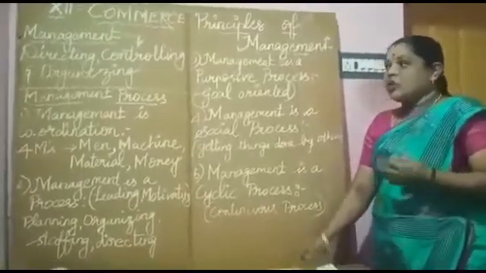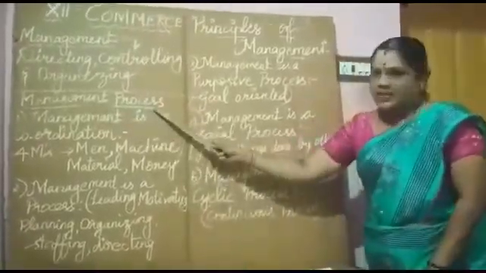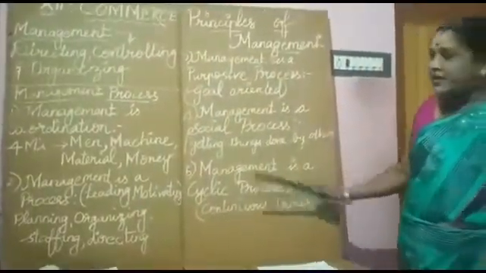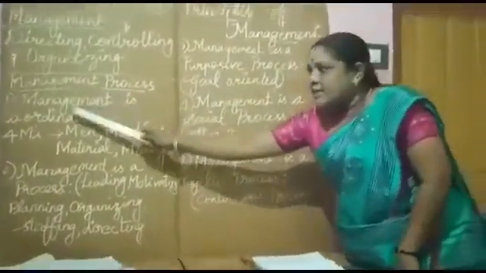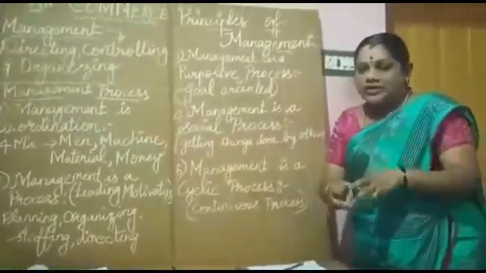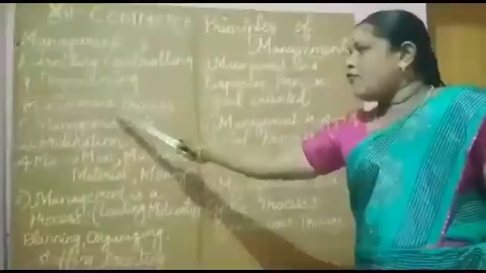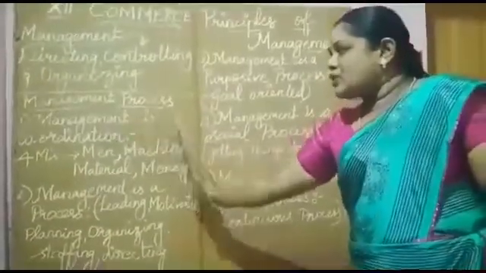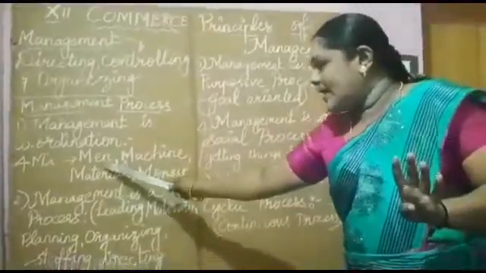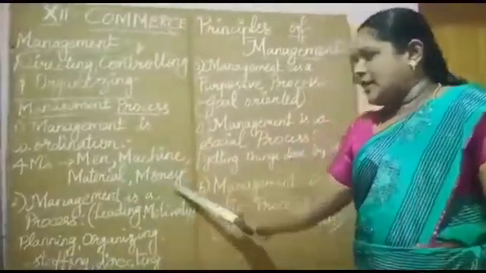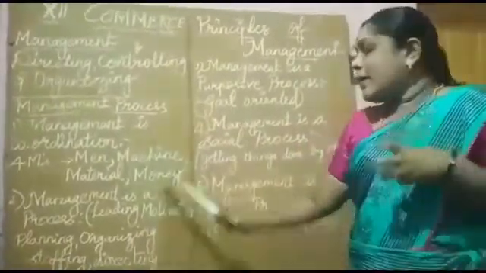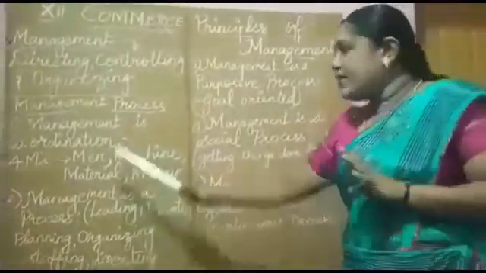Now, let us see what the management processes are. There are totally 5 management processes basically. First, let us see what it is. Management is coordination. Coordination means getting together. For example, there are four M's. What are the 4 M's? Men, mission, material, money. So, making all these 4 M's together into a proper management is the coordination,